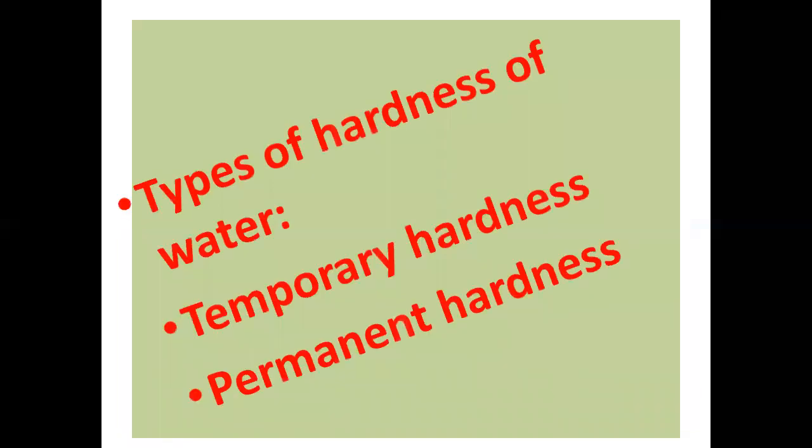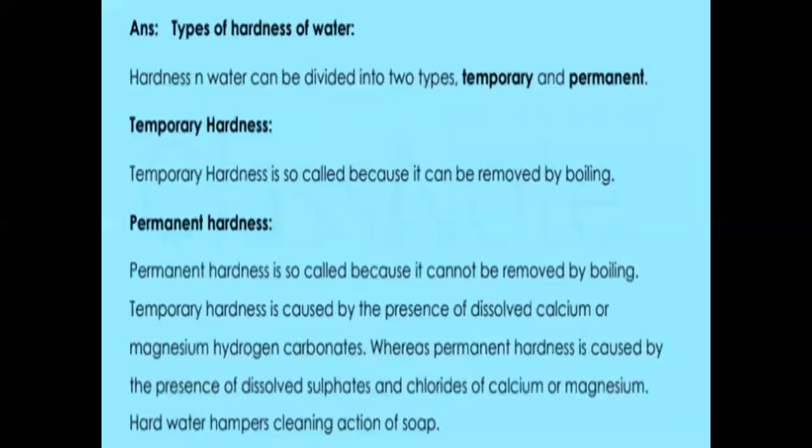Types of hardness of water: temporary hardness and permanent hardness. Temporary hardness is so called because it can be removed by boiling. It can be removed by just boiling the water and then filtering it. Permanent hardness cannot be removed by boiling only, or by filtering that water. Temporary hardness is caused by the presence of dissolved calcium or magnesium hydrogen carbonates, which are also called bicarbonates,